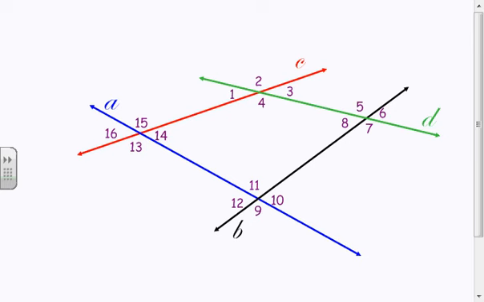Look at this thing. I've got line A. I've got line B. That's the black one. I've got line C. It's the red one. I've got line D. That's the green one. And there are 16 angles formed. And not only that, but